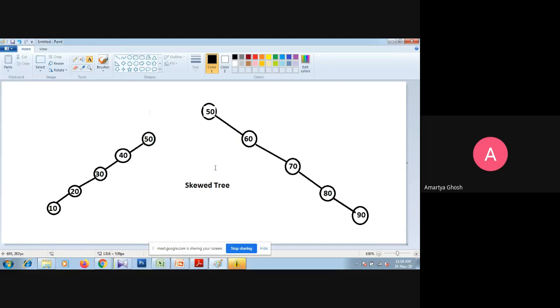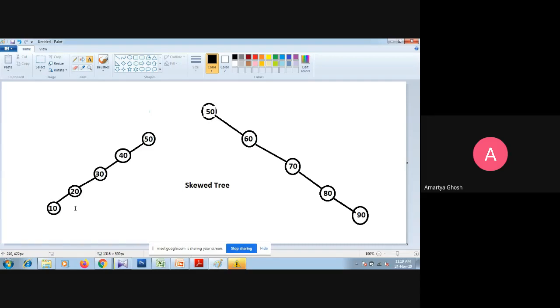So for this type of tree, we cannot get the facility of binary search, and same for this second tree, where the list is in descending order. You can see if we want to search, suppose 25. Okay, so 25 is less than 50, that is why we move to the left. 25 is less than 40, we need to move to the left side. 25 is less than 30, we need to move to the left side. 25 is greater than 20. So there is no right subtree or right child.